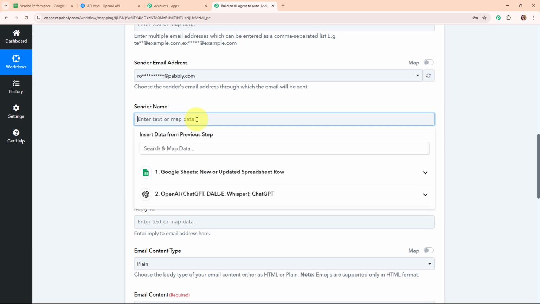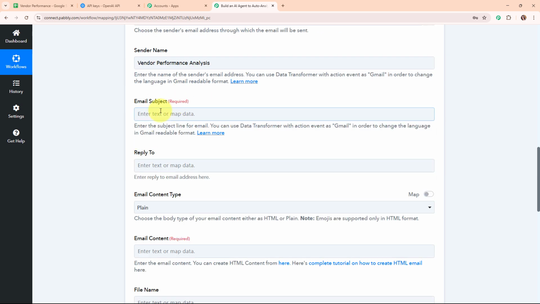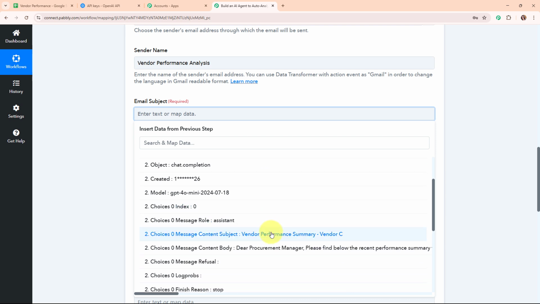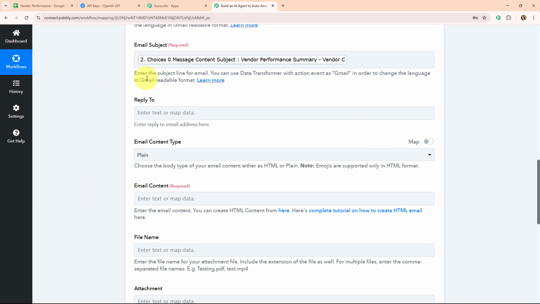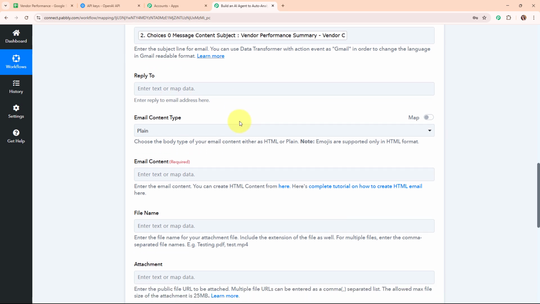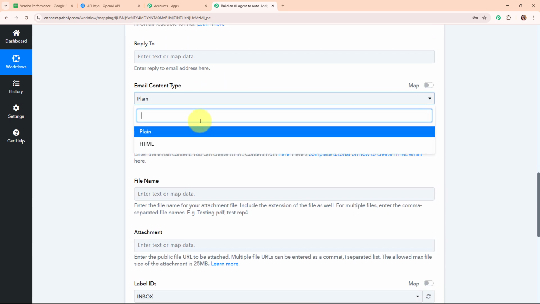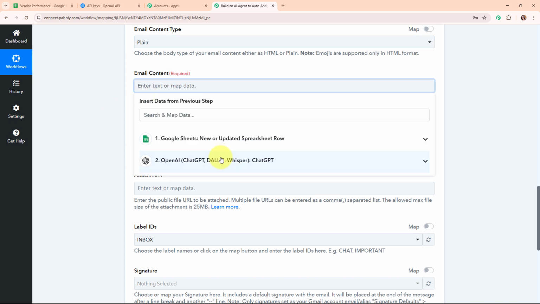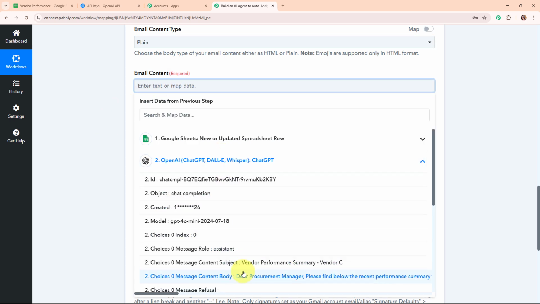Moving forward, here for the sender name, I'm going to give the sender name as vendor performance analysis. Moving forward, here for the email subject, I'm going to map the email subject that I've received through OpenAI. So this is the email subject. Moving forward, here this reply to is not a required field, so I'm going to leave it blank. Here for the email content type, I'm going to select plain. And here for the email content, I'm going to map the content generated by OpenAI.